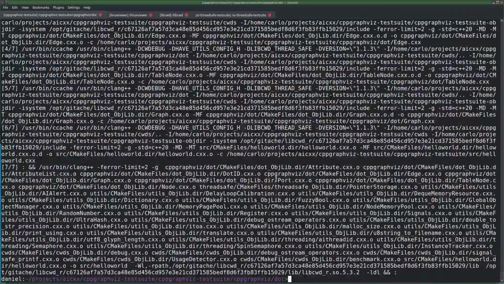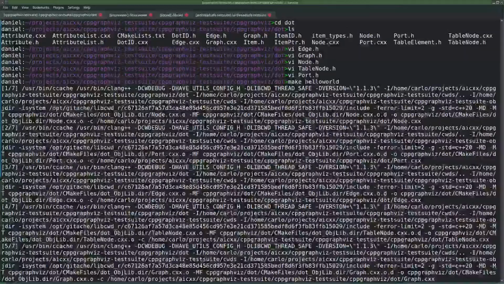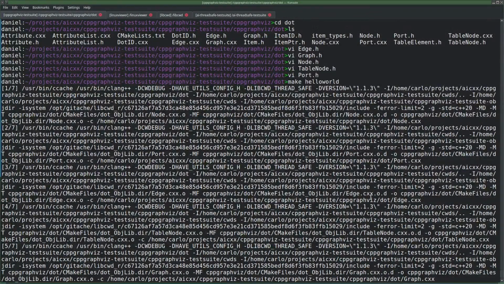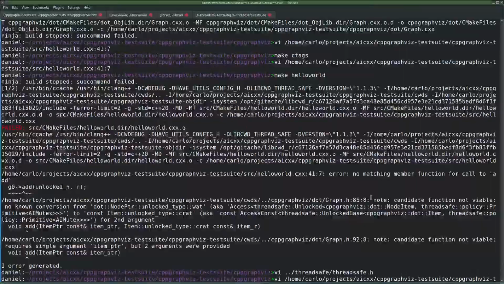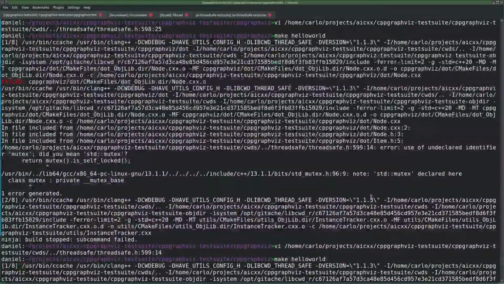Hey, it compiles. What? What the hell? Why the hell does it suddenly compile? Okay, that's just scary. What was my error here?